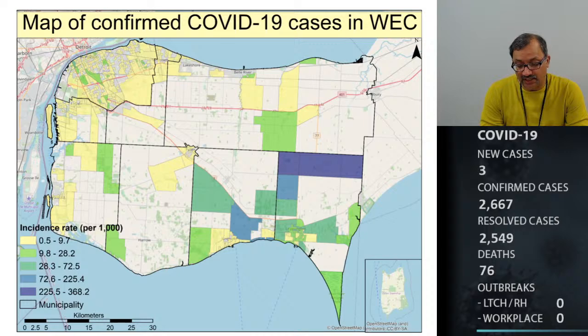The scale will change in each map and is a relative comparison to the cases in each of the geographical distributions. One thing to note is that these are the cases where they are living, and it's not necessarily an indicator of where these individuals acquired the cases. Simply speaking, an individual can be working in Windsor, but their home address could be in Leamington, and in this particular graph, it would be reflected in the incidence rate in Leamington.